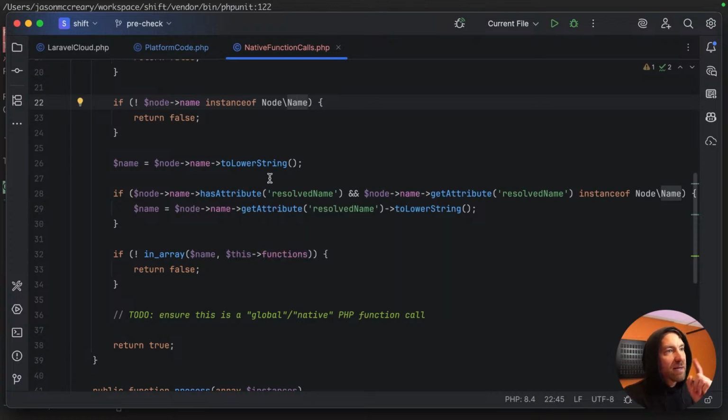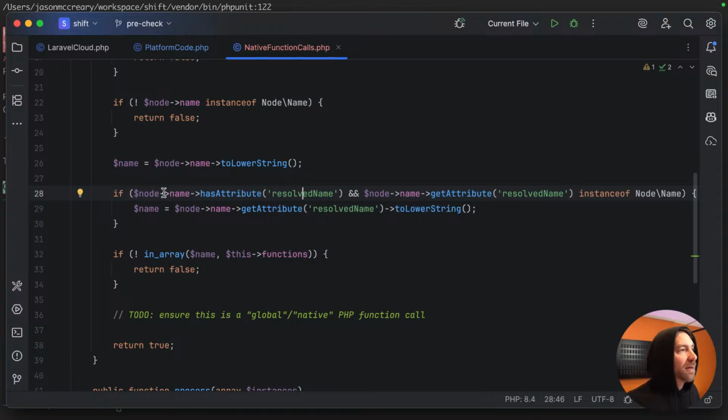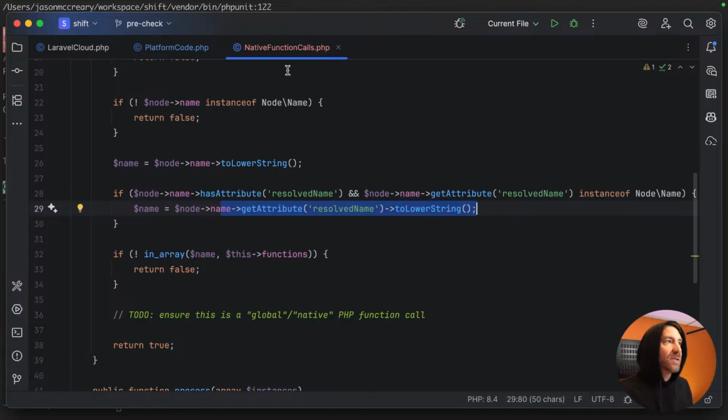But now we're saying, hey, if you've got an attribute of a resolved name, which we're trusting more than the namespace name, because the namespace name just puts it in the current namespace, and we're just going to say that people aren't writing code that way. Again, it could be namespace that way, but honestly I think if you did that and we went back to that example, it'd be called resolved name and not the other way around, which is my belief anyway. So I'm not going to go back and prove that, but I think that's the case. So the point here is that if it has a resolved name, and that is an actual name thing, then we can basically use that instead, because that's the same behavior that it has when it's parsing out,